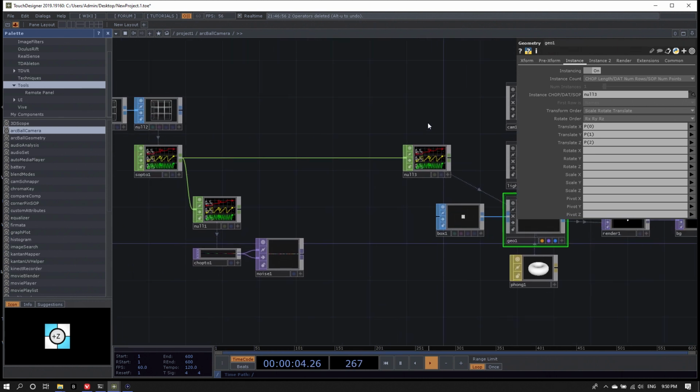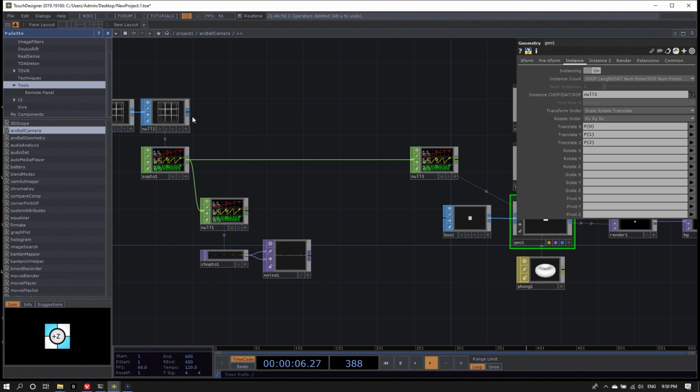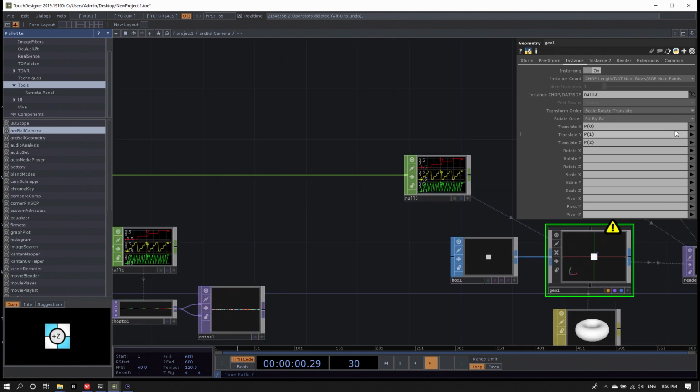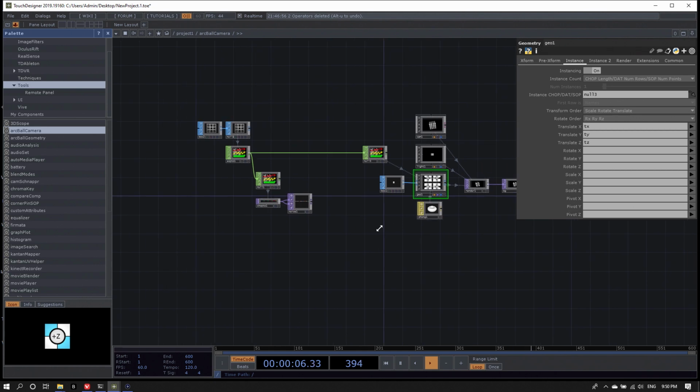P0 is a point attribute, so it's getting this from sops. We now have channels tx, ty, tz. So translate x, translate y, translate z has to be changed to tx, ty, tz. And you can always have a look at what's available by clicking on this little menu at the end of the translate parameter here. Okay, we're back at this.